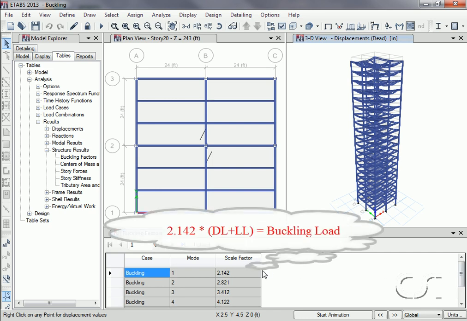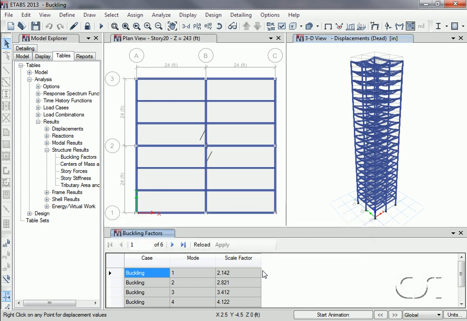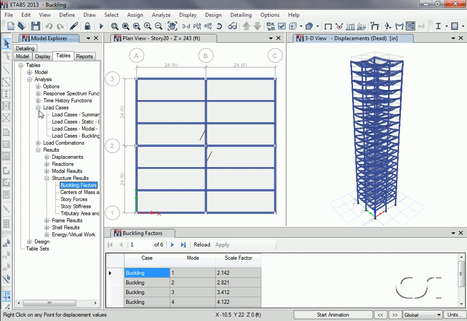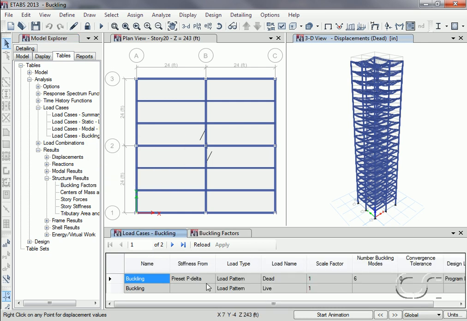Note that the first mode of buckling will occur if we increased our applied loads by a factor of 2.142. Remember this number, as we will come back to it shortly. We will also expand load cases and display the load cases buckling option. This confirms our buckling case data. Closing the tables,